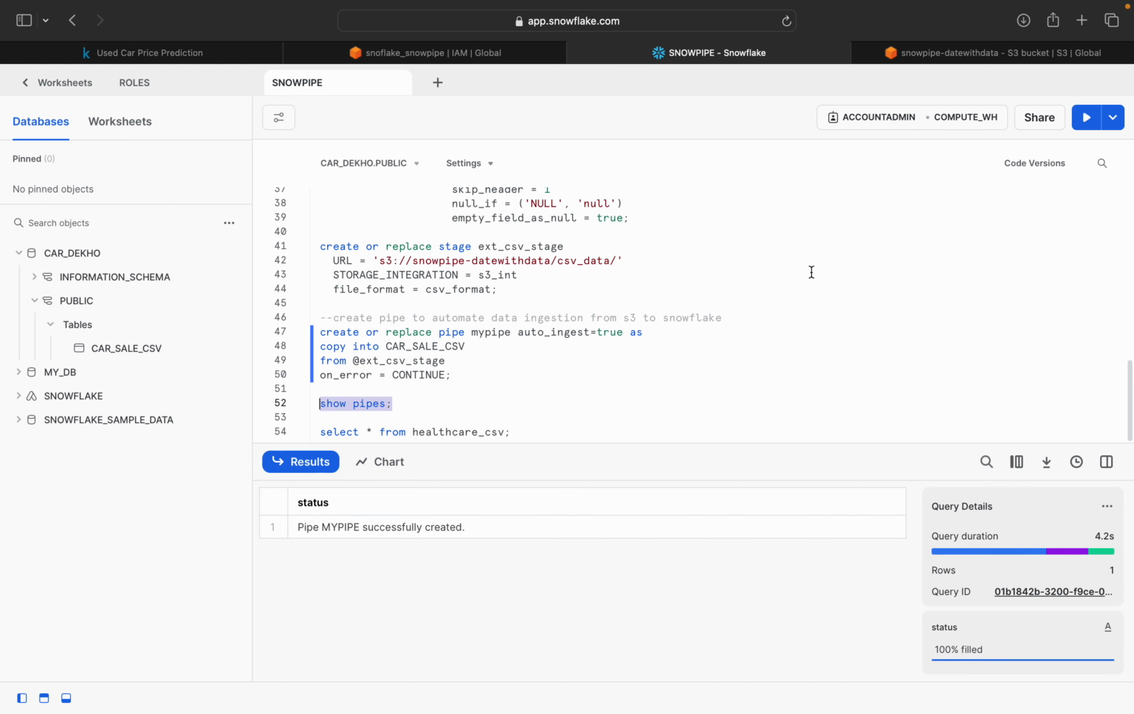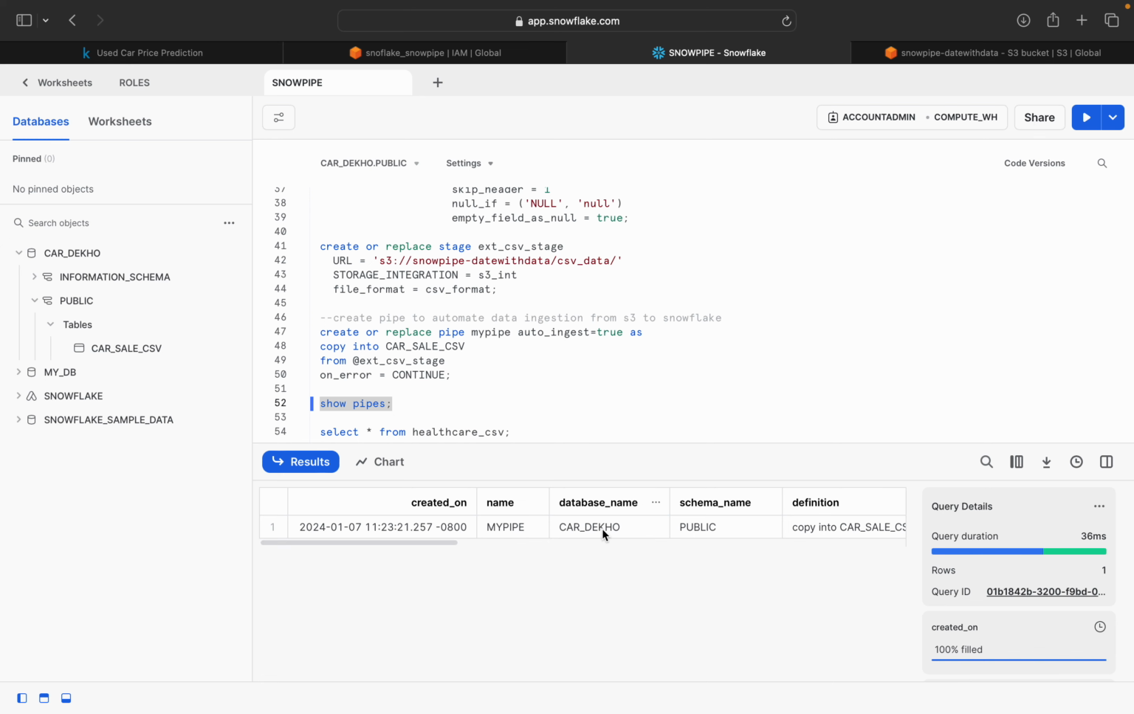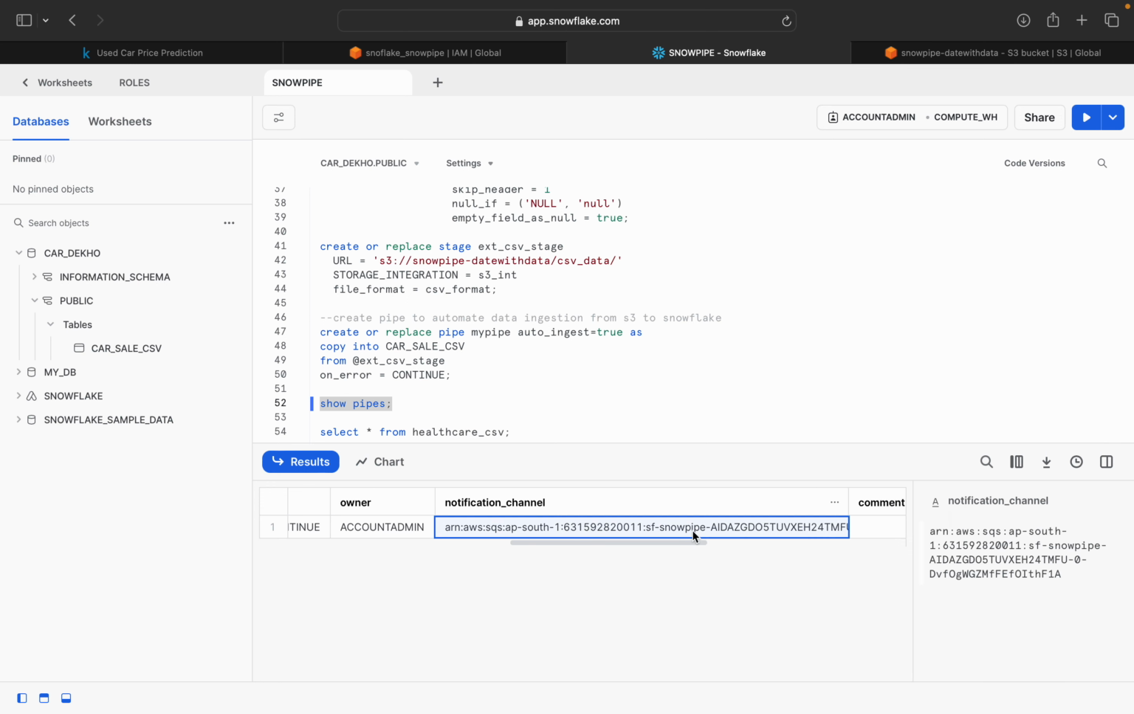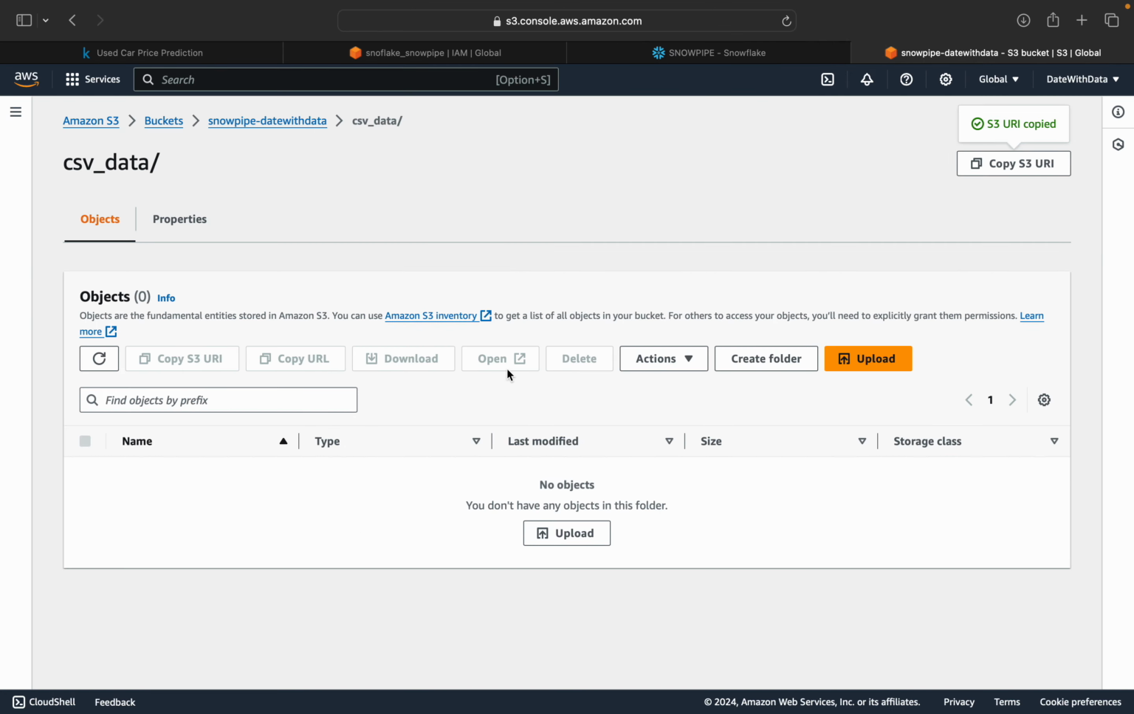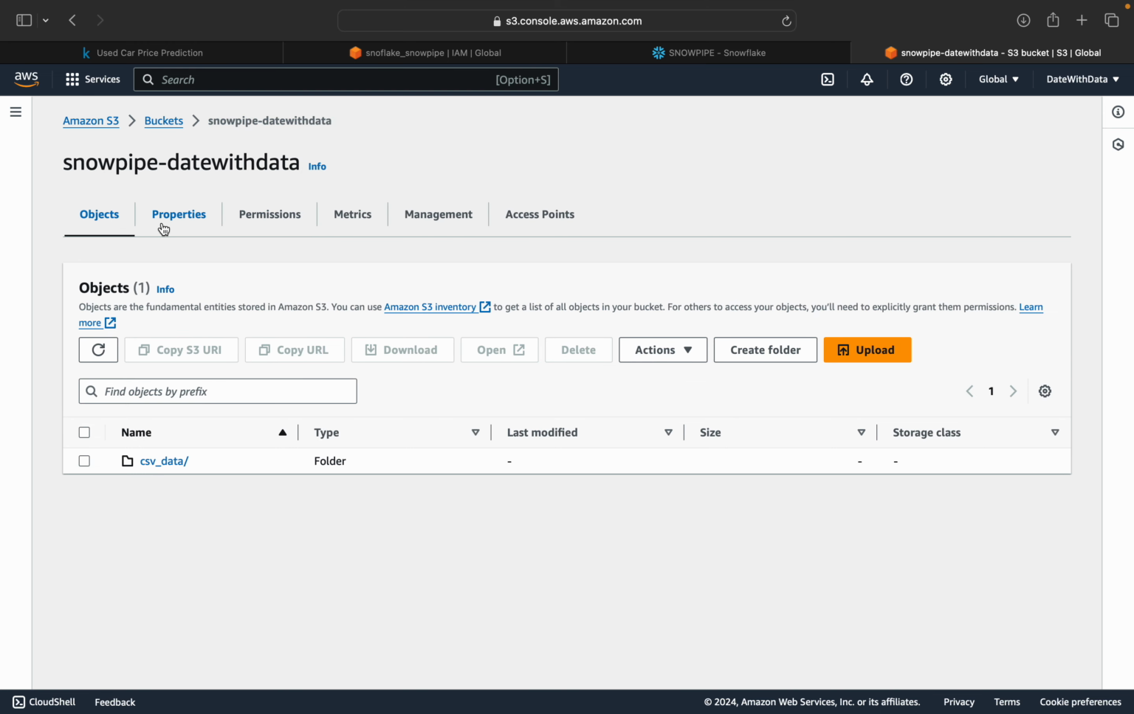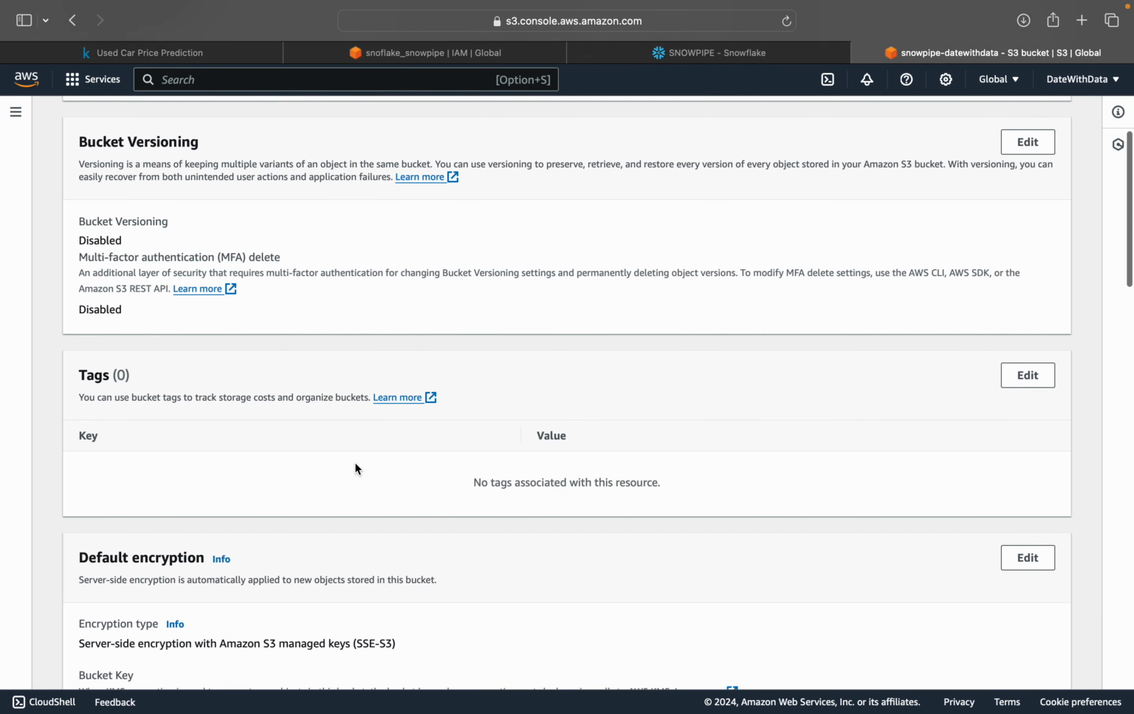Now we can show the pipes that are created. We can see that our pipe is created. When we are doing show pipes, we are seeing that there is a notification channel here. Now we need to go to our S3 and create an event. Let's go here. Let's go to our bucket. Let's go to properties. And when you come down,